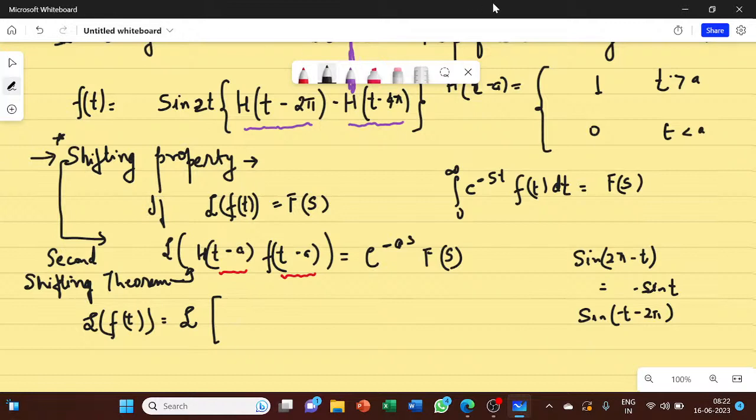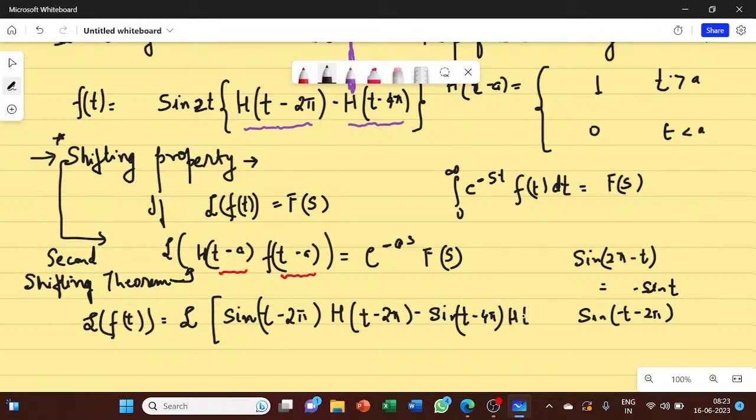So I will simply write it as sin(t − 2π) into h(t − 2π), minus, again the same, I can write sin(t − 4π)